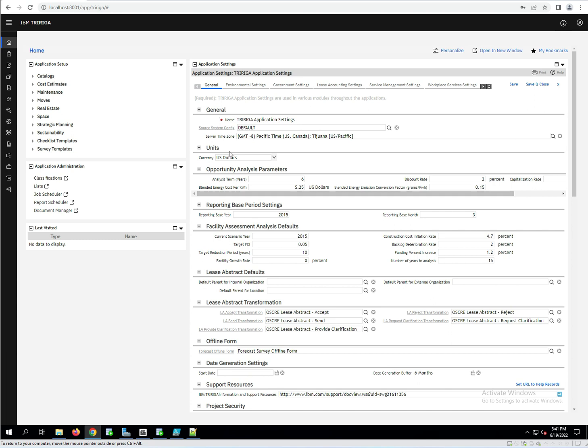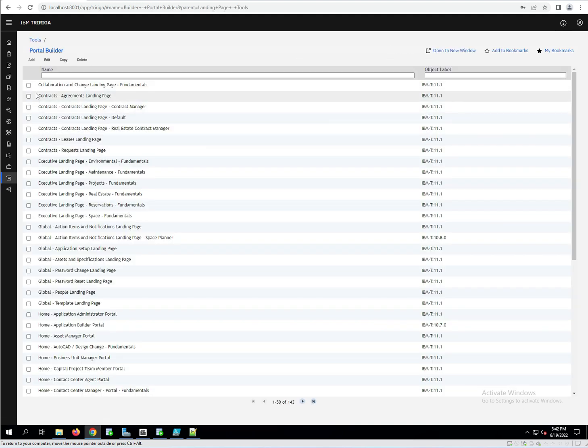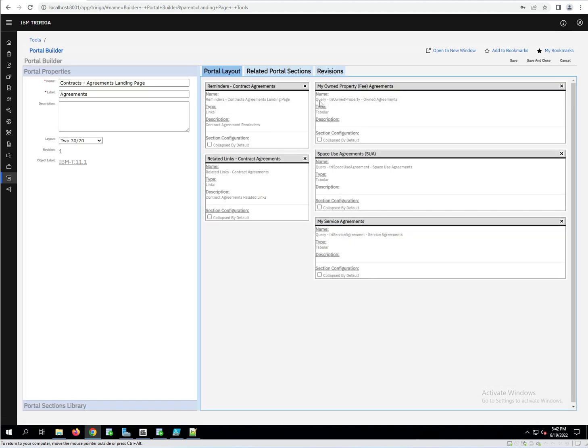So inside of the portal builder, we have the ability to create new portals and put portal sections on it. There isn't a portal section builder here in the tools. You actually have to go inside of the portal, and then you can pick any portal. If you go to edit, you can see here's a portal. This is the layout. In this particular one, there are 1, 2, 3, 4, 5 different sections on it. And if I wanted to add more, I have to come down here and click on portal sections